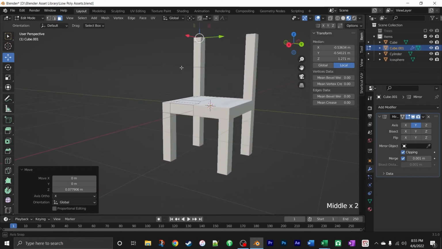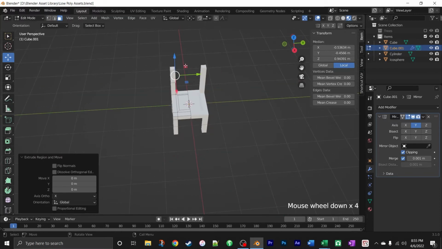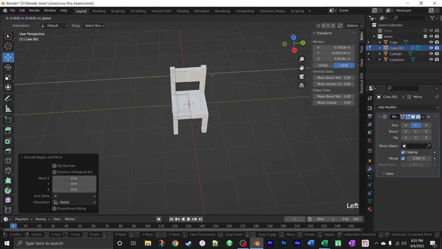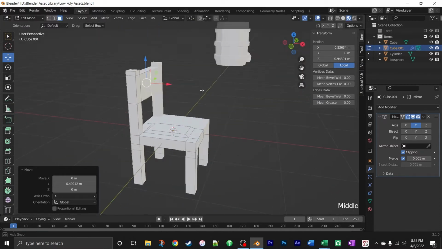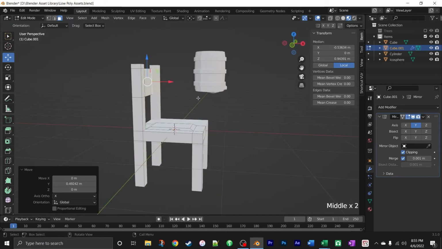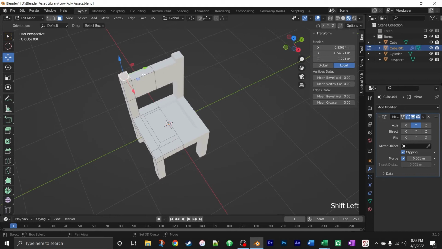And then from here, we're going to take this guy here, again E to extrude, and then we're going to bring it in. And this time when they connect, they'll sort of merge together. And so now we have this chair. I'd kind of like to slope the back just a little bit. So if we grab that and this here,